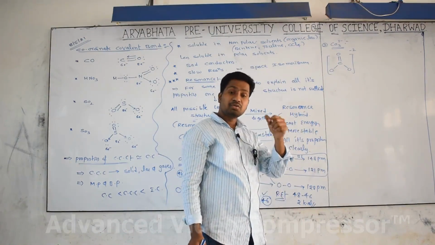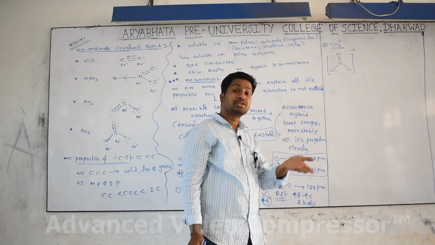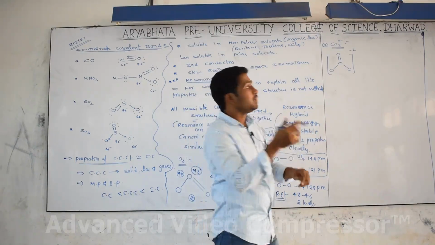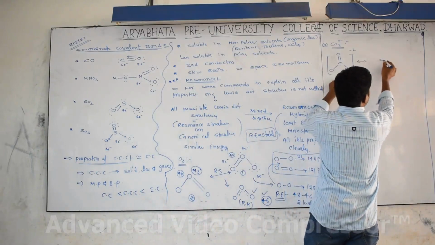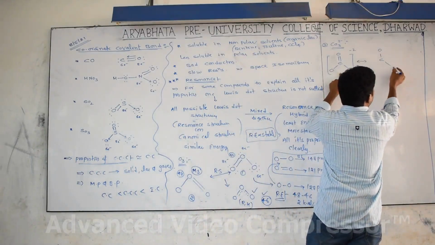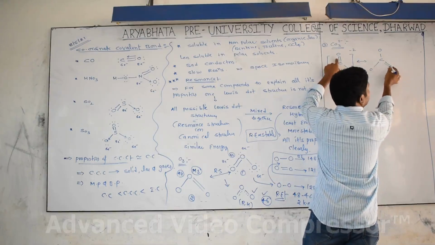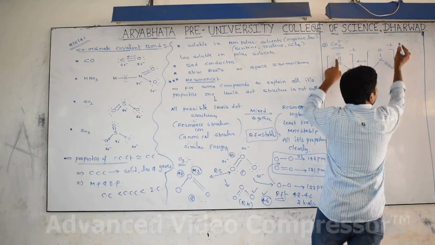Then what do we have to do? Imagine possible structures. Possible structures are what we call resonance structures. How do resonance structures come? By migration of the pi bond. So now check it. Migration of the pi bond means C single bond O, single bond O, single bond O. Now the pi bond on top I am bringing to the right side. So then we get one more resonance structure.